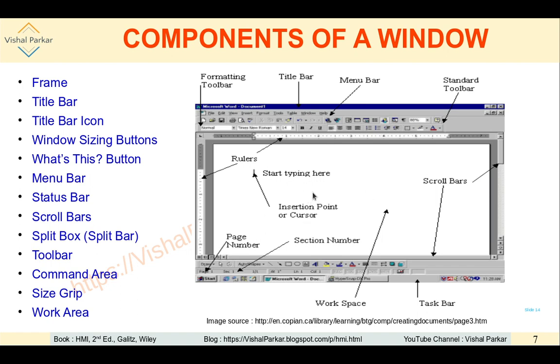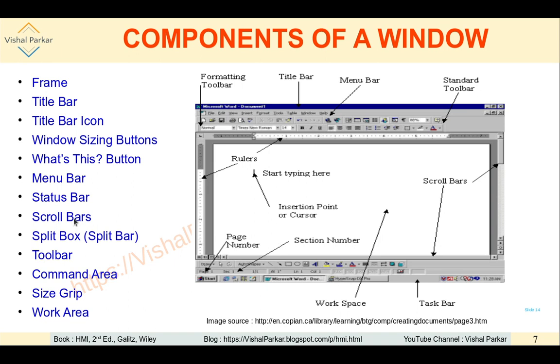As can be seen here, different statistical information, for example, the page number, the section number, how many total pages are there, and out of which page is being displayed, the line number, column number, etc. may be presented there. In the case of image editing applications like Photoshop, the X and Y coordinates of the current mouse pointer may be presented in real time. So that's a status bar, which is mostly available at the bottom of the window.